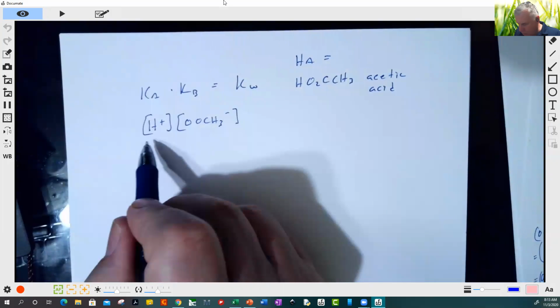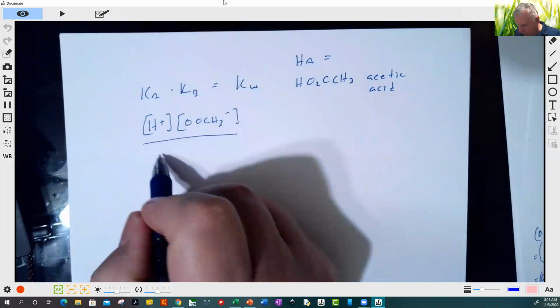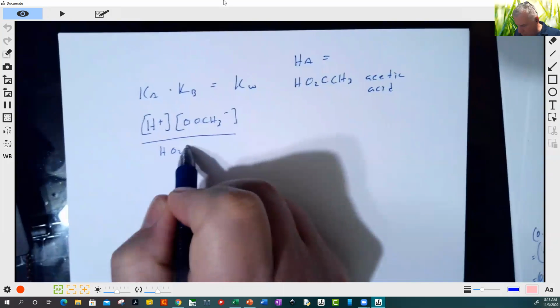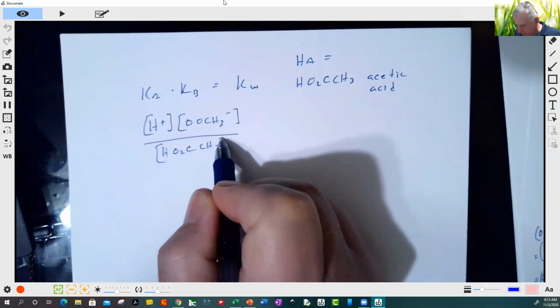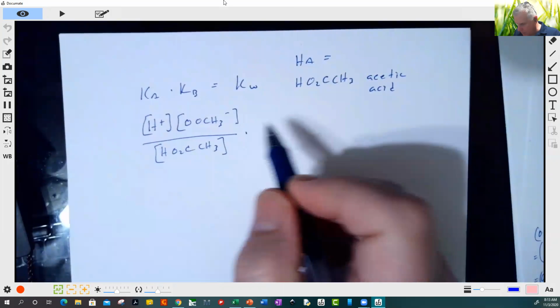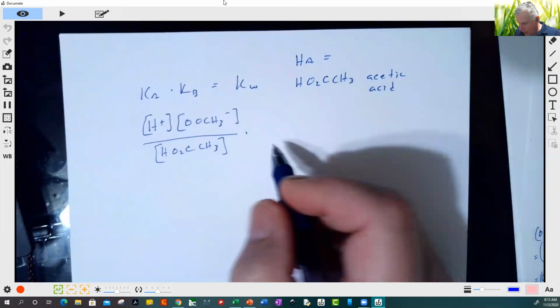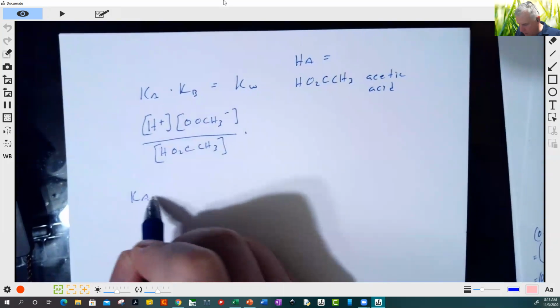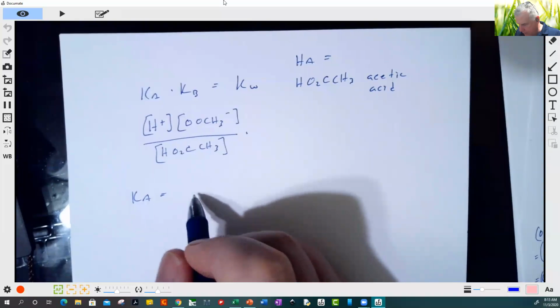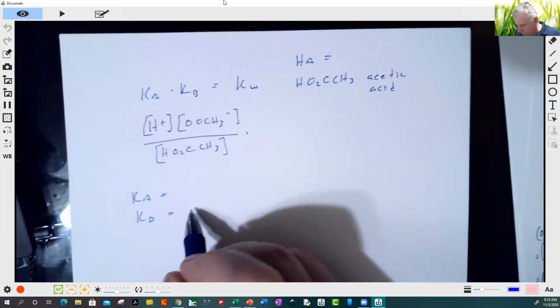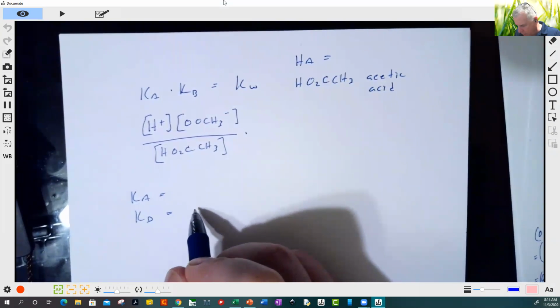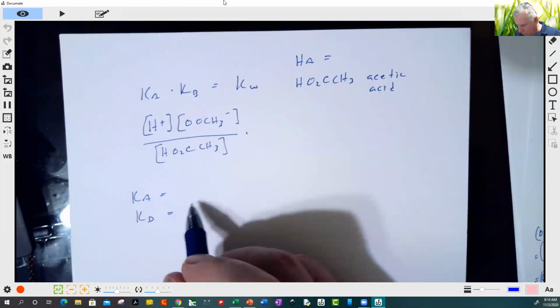And then this is over HA, which is HO2CCH3. So Ka is equal to this, and then Kb is equal to